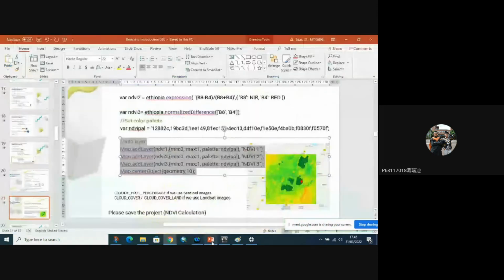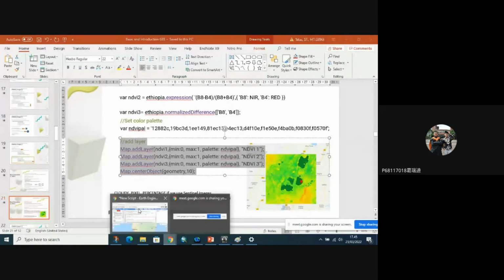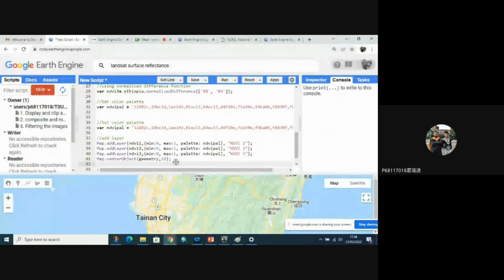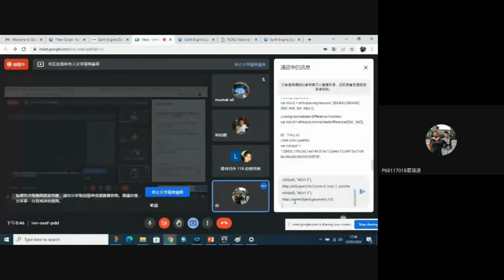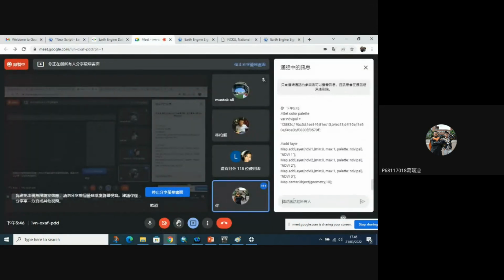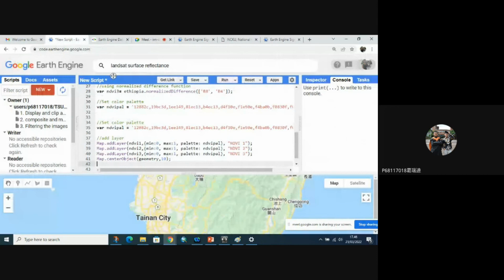Okay, everything is fine. I can copy to all of you. Yeah, we add the layers NDVI 1, NDVI 2, NDVI 3 with the minimum 0 and maximum 1.